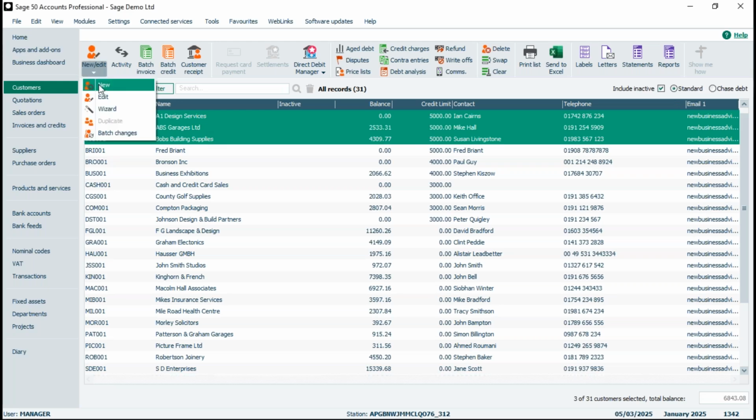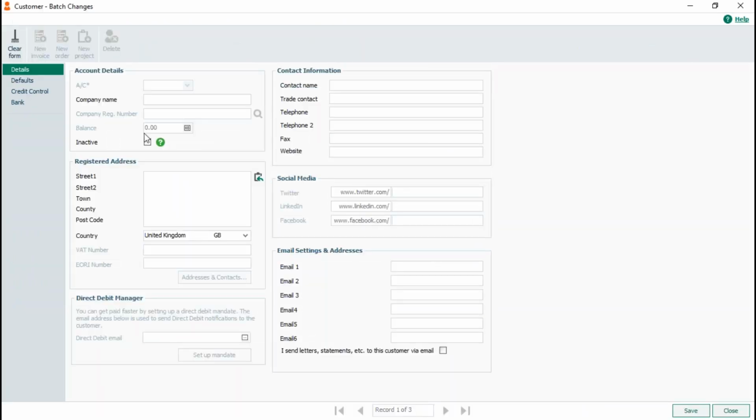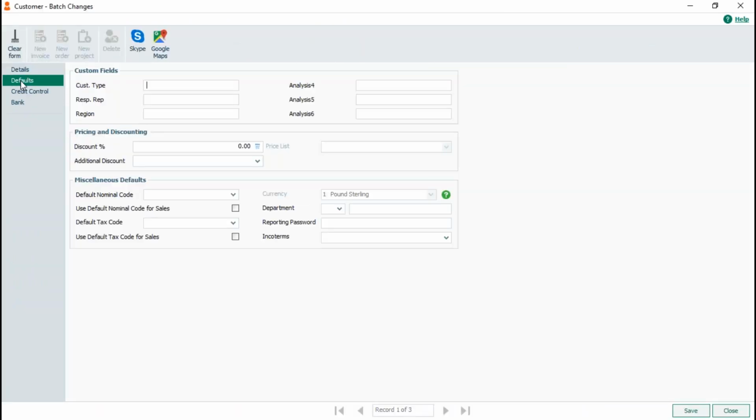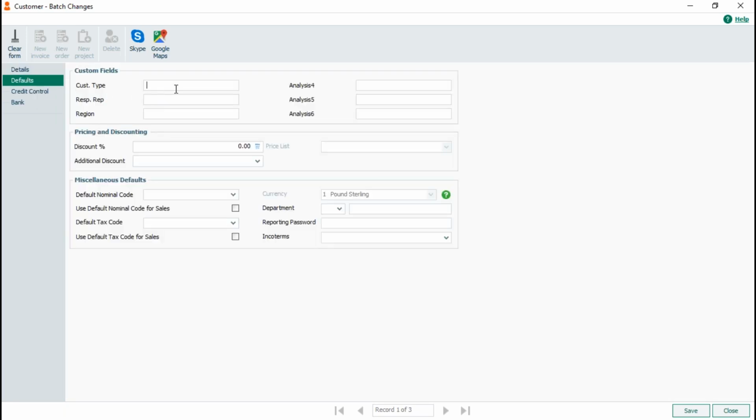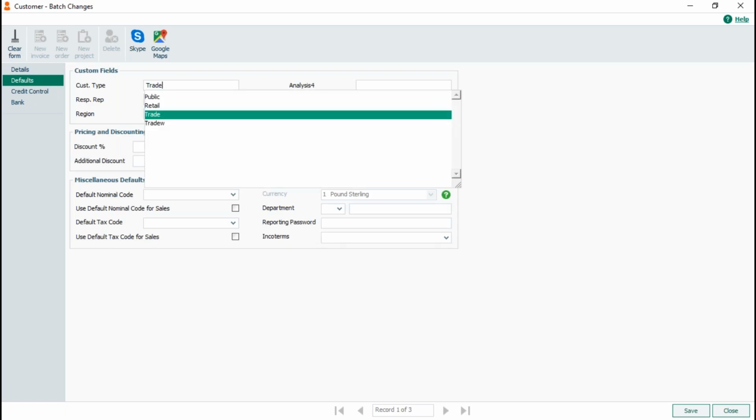And then all I would do is I would go into batch changes, onto the defaults tab. And when you use batch changes, the idea is you make changes to multiple records simultaneously. So in this case, you'll see some of the fields when I click through the various tabs, some of them are grayed out, so they're not active, meaning you can't change those. Others you can. So the ones in the standard black font, you can change those. So custom fields being one of them. So if I just type trade in there,